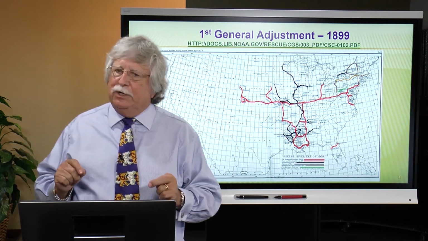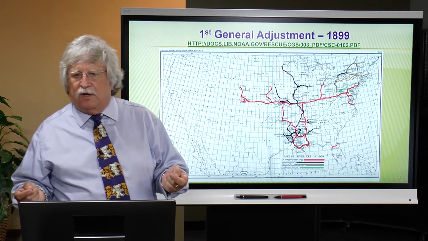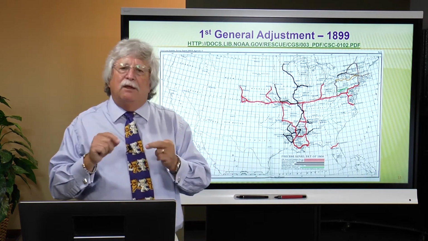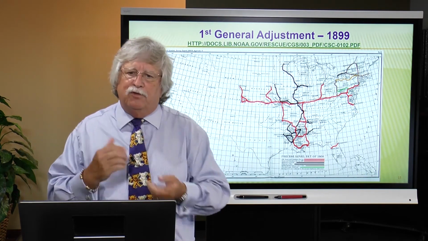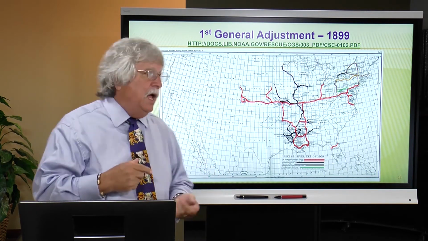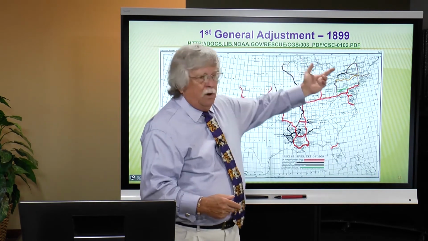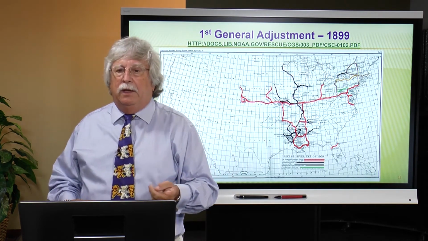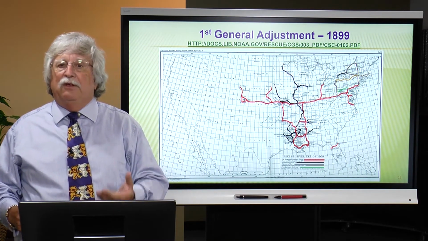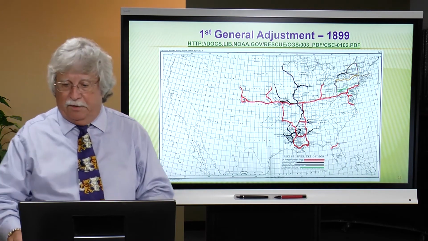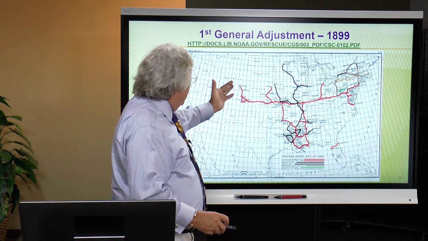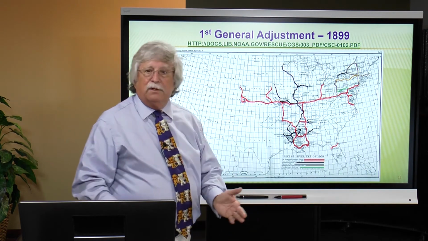So on those occasions when you may have legacy data, and this does come up from time to time, on one of these older systems, you actually have to go in and find some vertical control and produce these transformations basically by hand. So what I've done here in these slides is I've given you the URLs where you can actually find the description of that leveling, the adjustment of the leveling, and the associated heights and descriptions of the various benchmarks. So you can see by 1899, we're leveling out here towards about Denver, and we still haven't reached